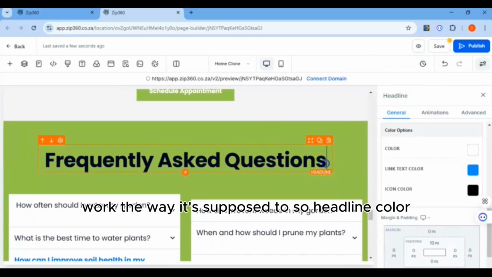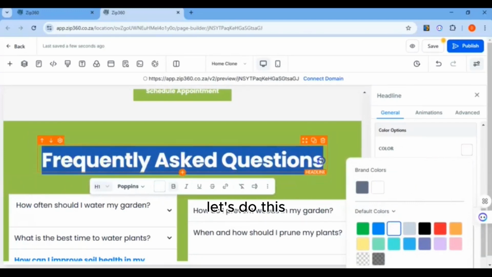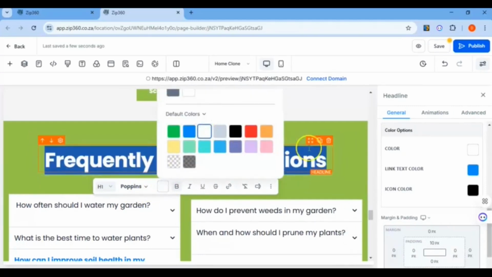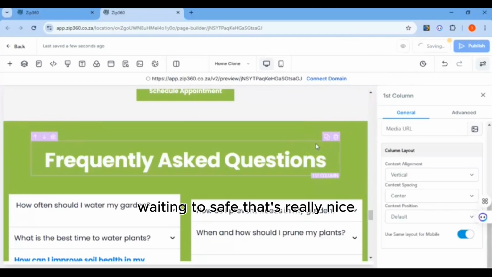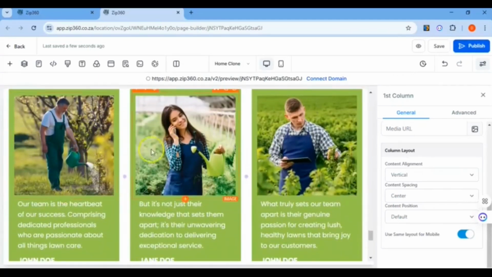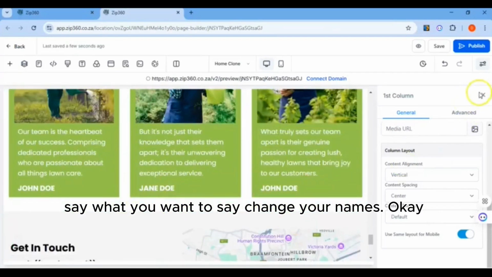So headline color. Let's do this. Nicely done. Say save. Waiting for save. That's very nice. And as I said, you can just change your images here, say what you want to say, change the names.